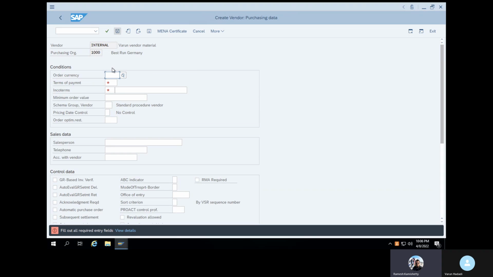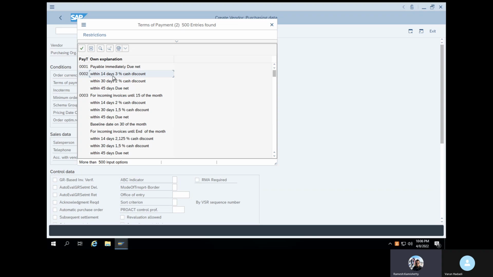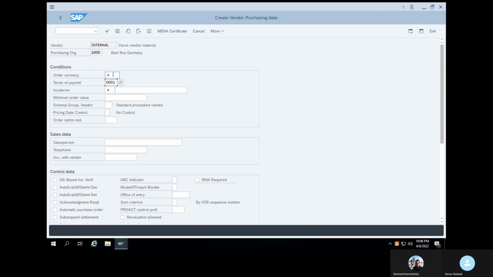These are the mandatory fields: currency USD, terms of payment, enter Incoterms.